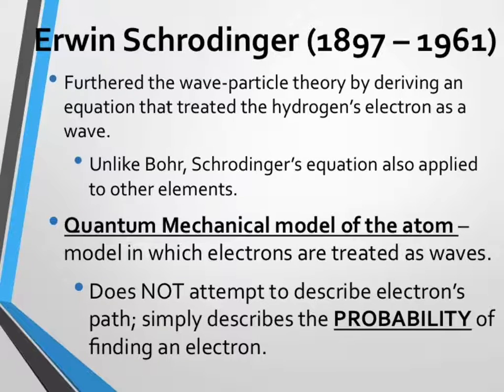So, what did Schrodinger do? The quantum model. And that's all I know: you know the probability of where an electron may be. So really the first 3 slides, the whole Bohr stuff, you need to know by tomorrow. Yes? So you write the quantum mechanical model? Schrodinger equals quantum mechanical model, which equals probability of an electron. Could you just put quantum model? Yes, you can do quantum model.